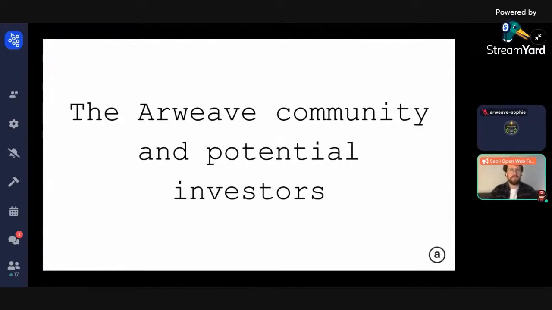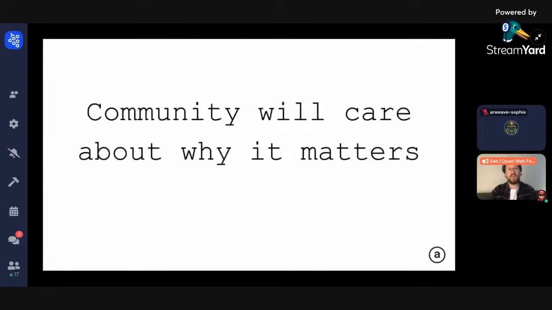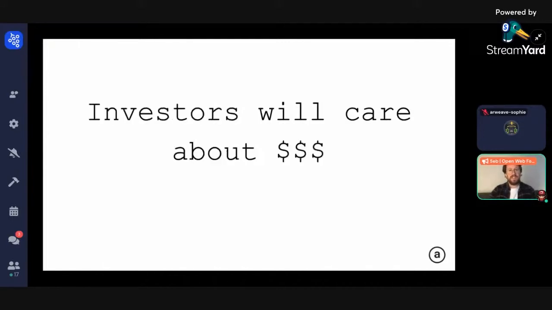So, therefore you must ask yourself, okay, what will potential investors and what will the community really care about? And the Arweave community will mostly care about how your project actually helps the Arweave ecosystem. So, how it makes their lives easier when building a decentralized application or something like that. And also how it contributes to the wider trustless web services in general. For investors, they will care about that as well, but they will be thinking more about how profitable your project will be and how widely used it will be.